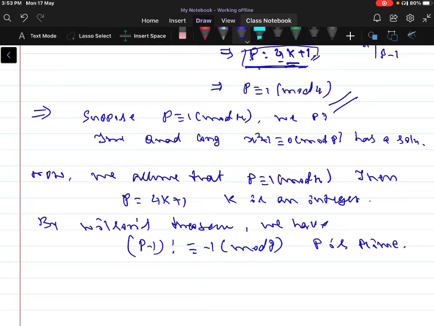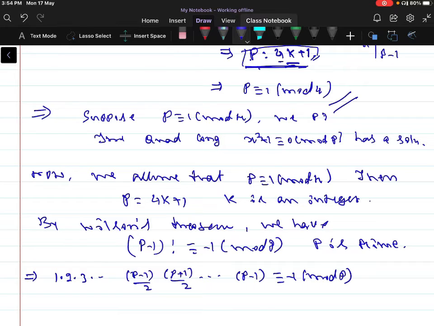Now this implies p minus 1 factorial can be expanded as 1 into 2 into 3 and so on, into p minus 1 by 2, into p plus 1 by 2, and so on, into p minus 1, is congruent to minus 1